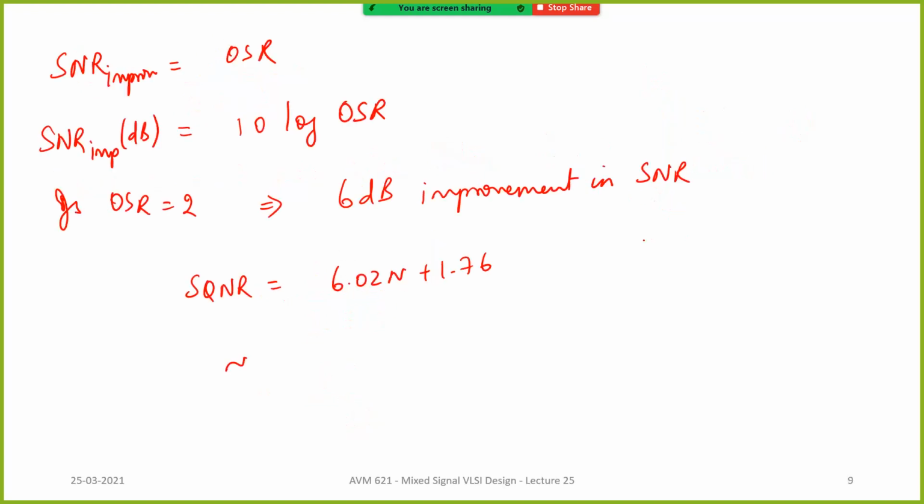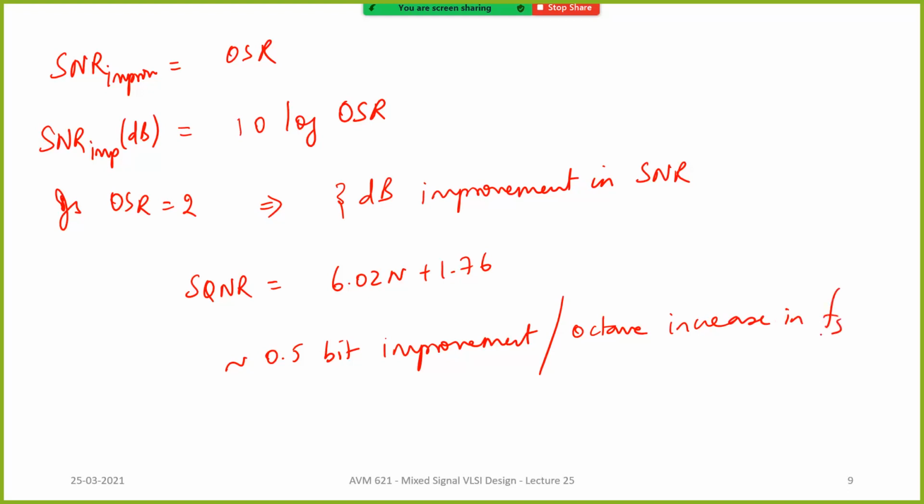So 10 log 2 will be 3 dB, which is basically 0.5 bit improvement per octave increase in Fs. All right. So that is to say, if you take an 8-bit ADC and increase the sample rate and do decimation later, you are going to get half a bit improvement if you just double the sampling rate. All right. Now this oversampling is a very simple thing and nobody uses this because by